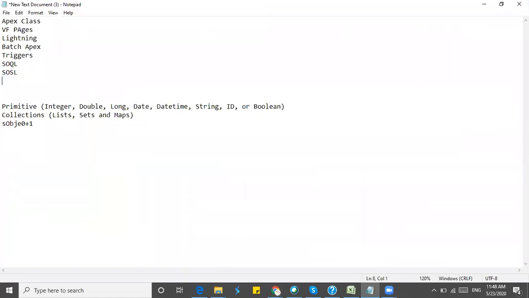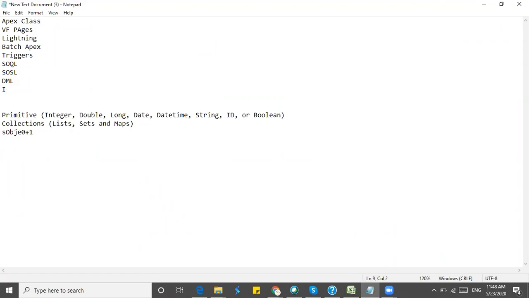Another thing is DML operations. DML operations are insertion of data, update of data, delete of data, or undelete of data. If you want to insert some records using Apex coding, we have a DML operation called insert.